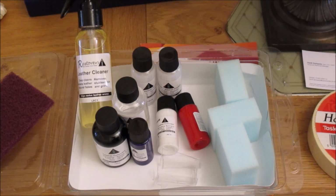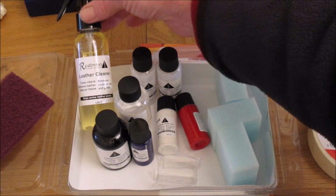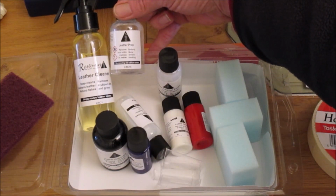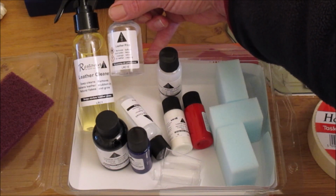Right, today I'm going to be refurbishing a leather steering wheel using a kit from leatherrepaircompany.com, no less. The kit's arrived, and what you get in there is this leather cleaner, which is to degrease and clean the steering wheel before you get started. You get this second bottle, which is a preparation, helps to remove any old